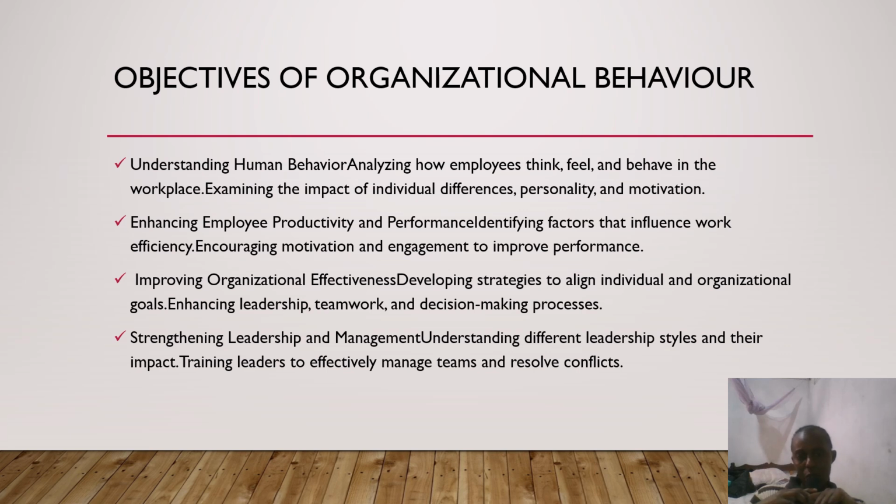So we are looking at how different leadership will impact the success of the organization, how different teamwork will impact the success of an organization, and even how our decisions are able to give us the best success in an organization. So that is what we call organizational effectiveness, and this helps us in achieving organizational behavior. By studying organizational effectiveness, we can go straight and say, let us look at how individuals behave